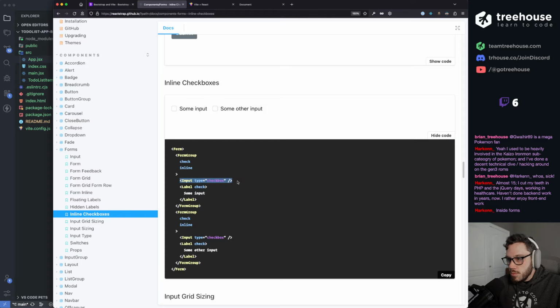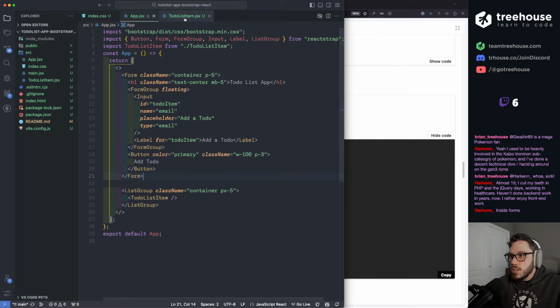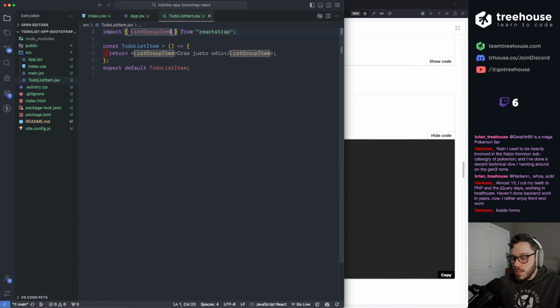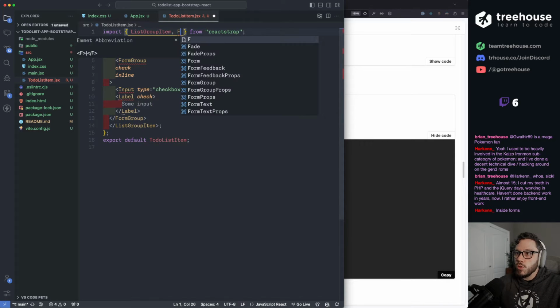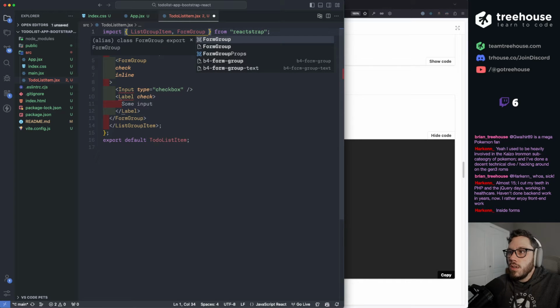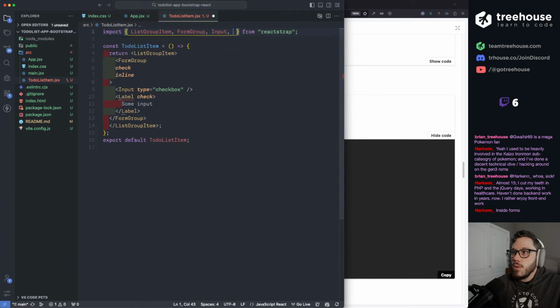Input. Checkbox. Label. All right. Easy. I guess we got to put it inside of a form group. So let's copy the form group down too. So this is going to be inside of here. So we're going to actually have to import. Well, let's paste it in and then we'll import what we see. So we got form group. We have input and we have a label.